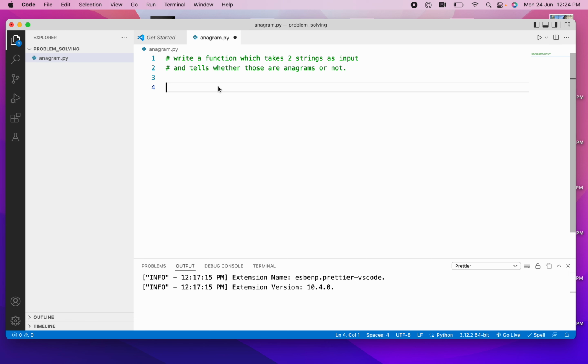Today we'll be writing a Python function which will take two strings as input and tell whether those two strings are anagram or not. So basically, two strings are anagram when they have the same set of characters and their frequencies are also the same,